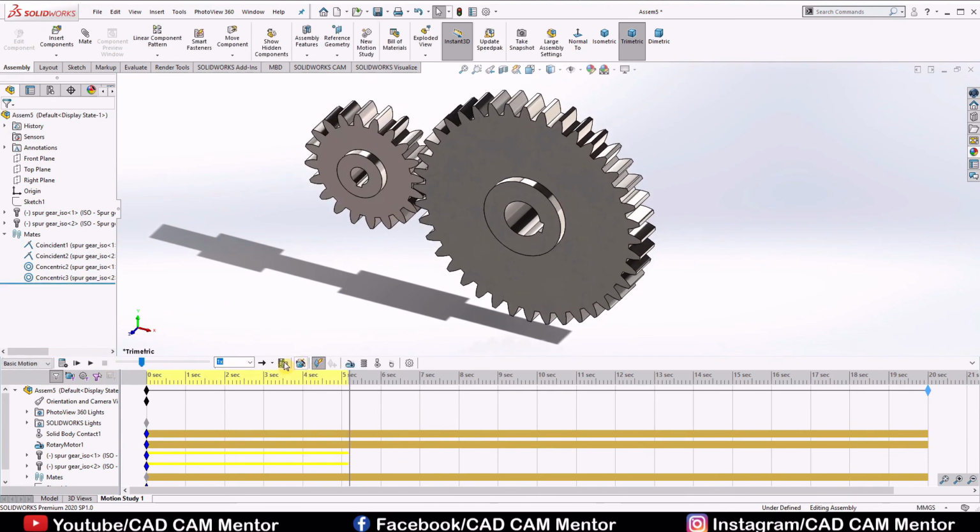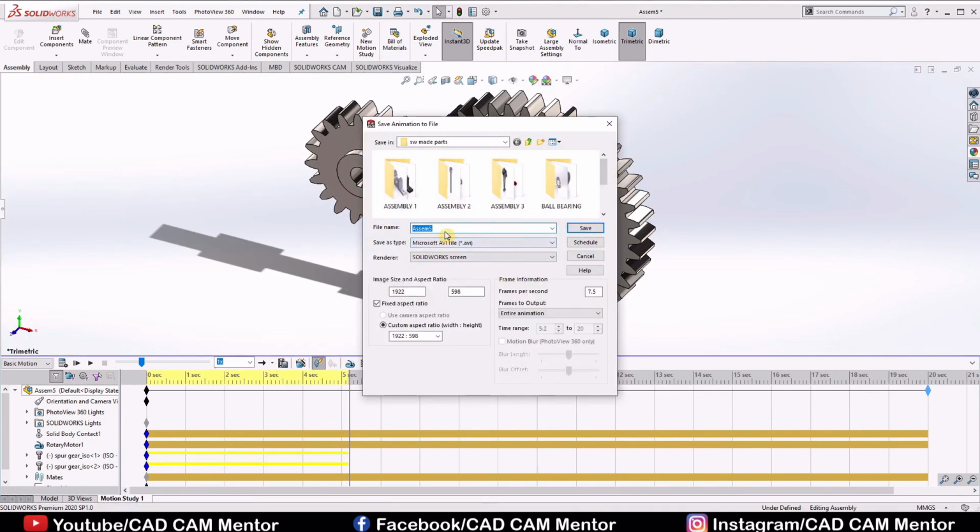And if you have to save it, select save animation. I will prefer the MP4 file video.